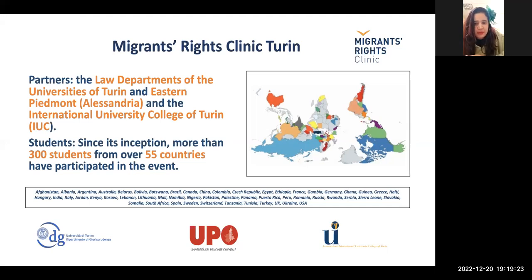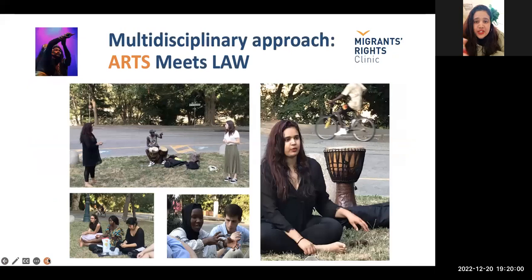So anyway, our university partners with the University of Eastern Piedmont in Alessandria and also the University of Turin. And since its inception, we've had over 300 students from 55 different countries. And there is an immense wealth that all of these students have left. It's almost like if we had footprints, we'd be stomped. So yes, they've left a huge impact on the clinic, and the clinic has also impacted their lives in many ways. I'm one of the examples. So that brings us to the next point. This is just the introduction, in case you were wondering which point it's part of. So now I will start with the